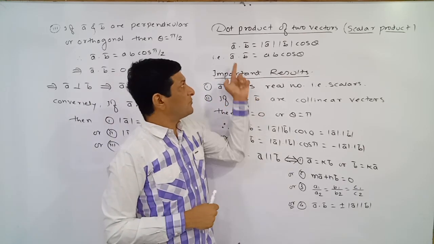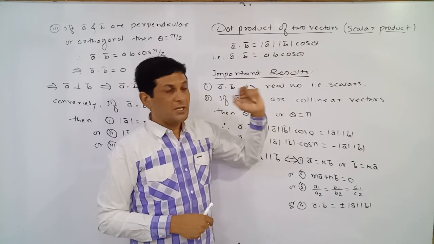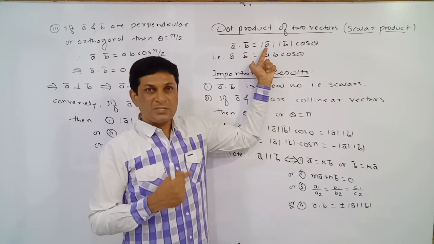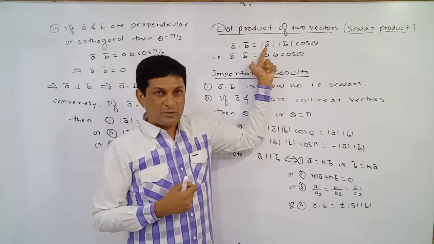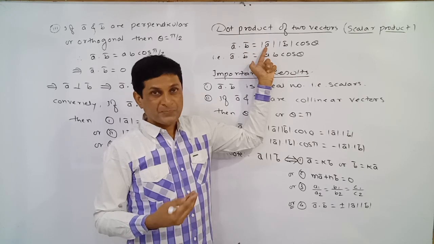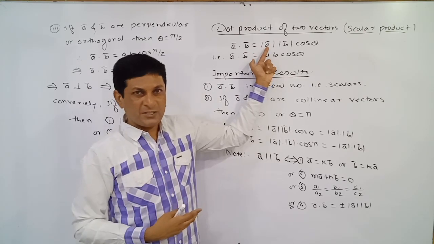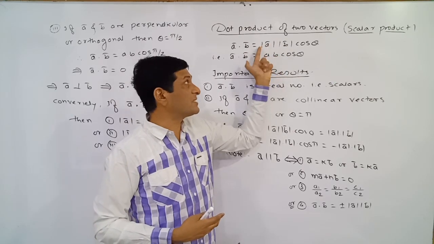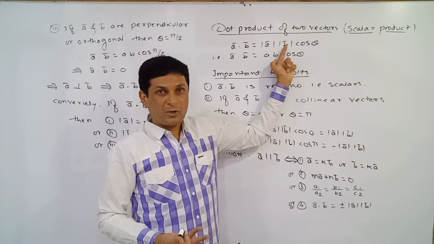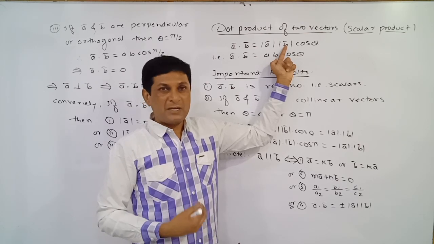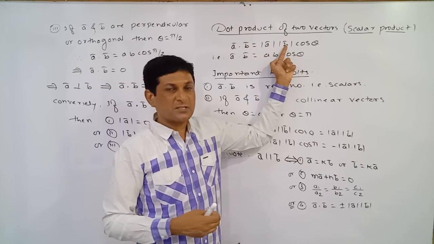If you observe this definition, a product of three terms is there. So observe what the first term is. The first term is nothing but the magnitude of the first vector. Magnitude means the length of that vector. Length is nothing but a number, 3 centimeter or 4 centimeter, or 3 unit, 4 unit. It is nothing but one number. What is the second term? This magnitude of b bar is also the length of that b bar. That is also a number. Length can be measured as a number, 7, 8 units or centimeters.